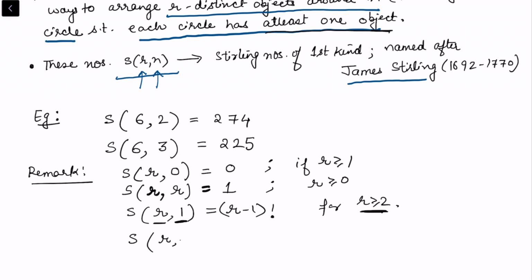If we have R and R minus 1, so there are R people and R minus 1 tables, we will have RC2 for R greater than or equal to 2, because on each table we need to place at least one person. The moment we place at least one person on each table, we are left with selecting 2 people out of R. So we may relate it to a pigeonhole principle criterion. And in my next video, I'll be talking about a recurrence relation to find the Stirling numbers of the first kind for larger values of R and N.